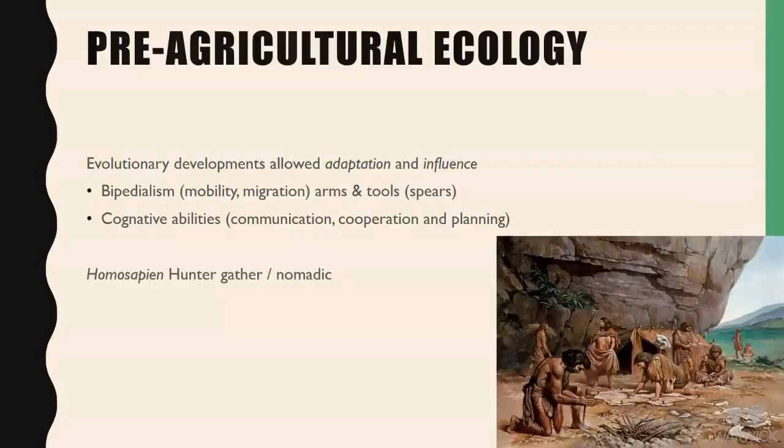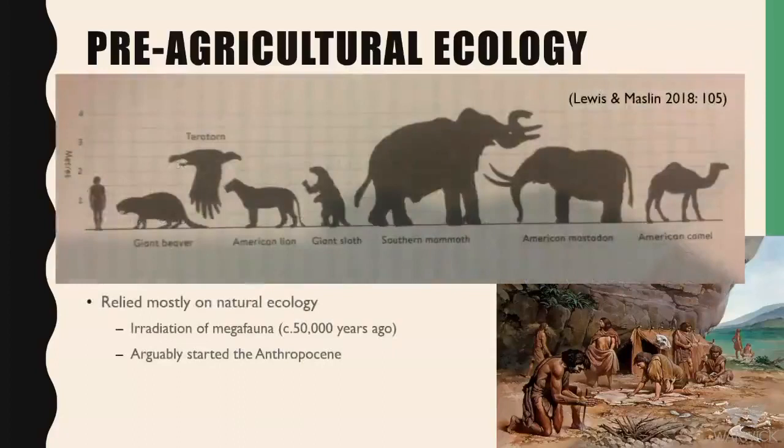You're probably familiar with the idea that the precursors of modern humans hunted and gathered. So this idea of taking the resources and the food as was encountered. However, something I think that's a bit more interesting is the argument that it was right at this early stage of human development that humans became a driving force for the shaping of the biosphere.